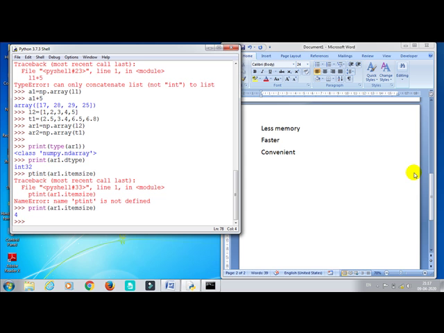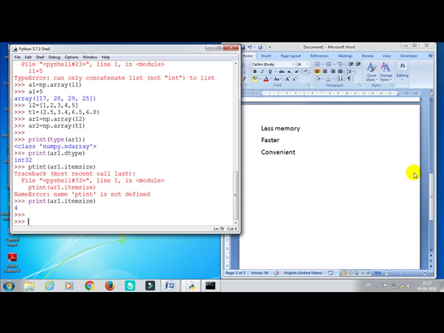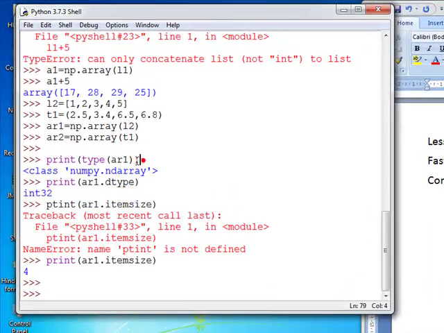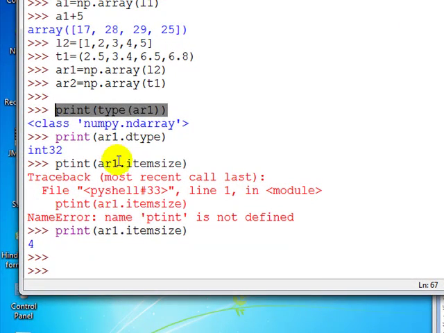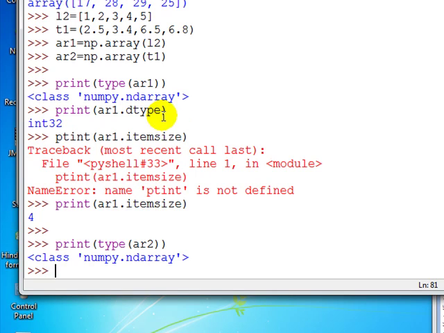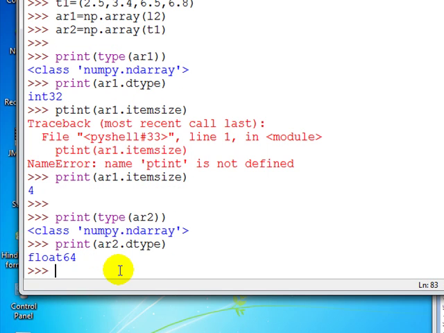Clear? Now similarly, let's see for the tuple, which is AR2. If I write the same thing, print(type(AR2)). Similarly, I take the dtype of the same, the dtype of AR2. So you can see float64. Similarly, you see the size, the itemsize of AR2.